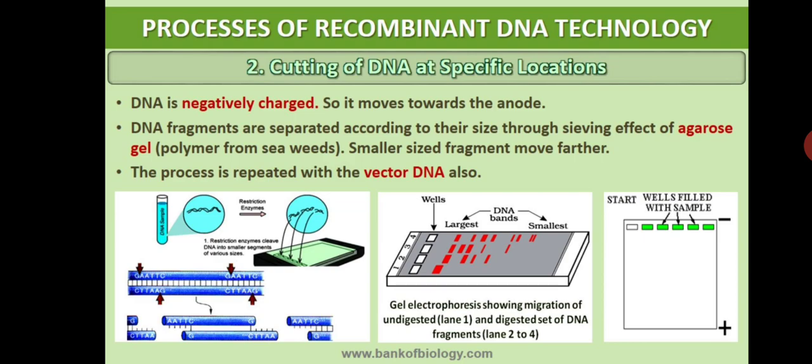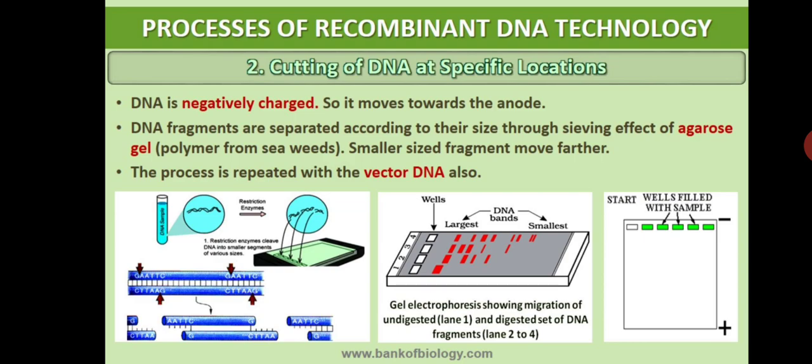Okay, then the next question arises here: how to see the separated DNA fragments? Of course, by using gel electrophoresis, it is possible to separate the DNA fragments based on their size. Now they are separated. But how to observe the DNA fragments? DNA fragments are not at all visible in visible light, not at all seen to our eyes. Then how to observe the separated DNA fragments?